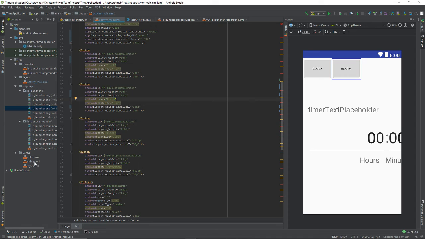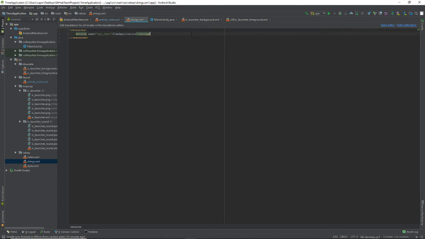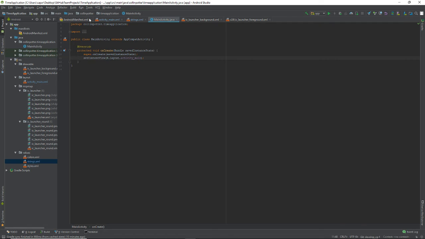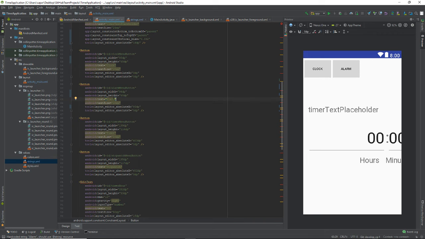But what you can do is go into the strings.xml, and you can add a new string. So string name equals, let's say alarm. Can't spell alarm today. And you can type out alarm. What this will do, I know we are all programmers, so we do understand, is save this into basically a variable you can call. So now we can go to activity_main.xml, and instead of setting text to alarm, we can set it equal to